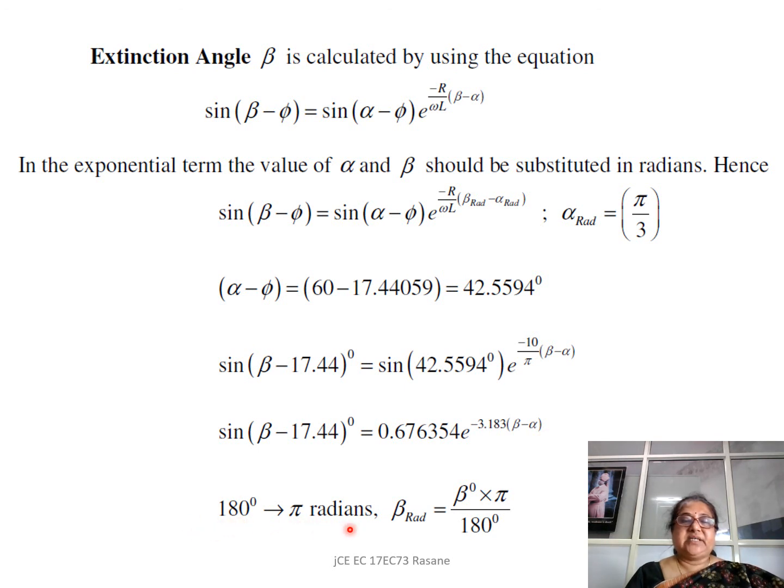180 degrees is pi radians. So if you want to find beta in radians, you should take the degree value of beta and multiply it with pi upon 180 degrees. Remember this: 180 degrees is pi radians. So if you want to convert any degree value, cross multiply, and you will get the value in either degree or radian, whichever. If you want radian, I will convert that degree value into pi divided by 180. This is an expression that we should be aware of.